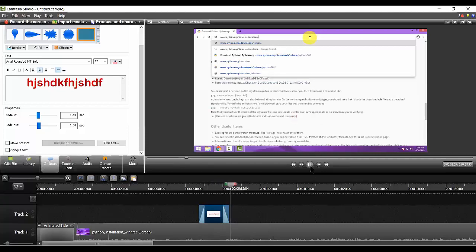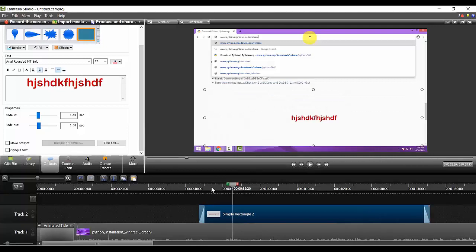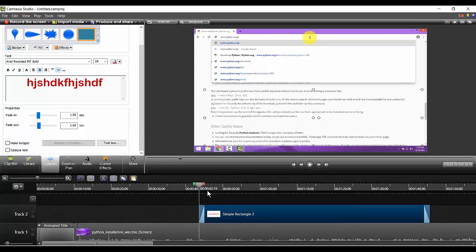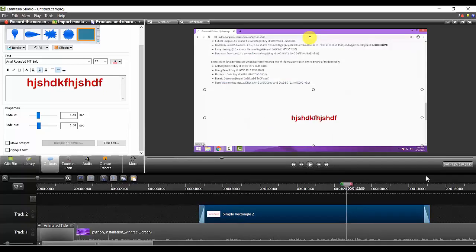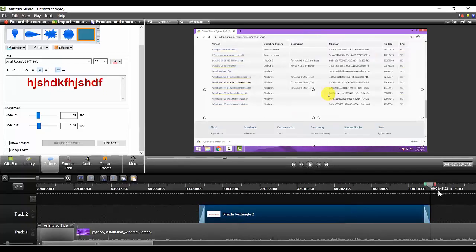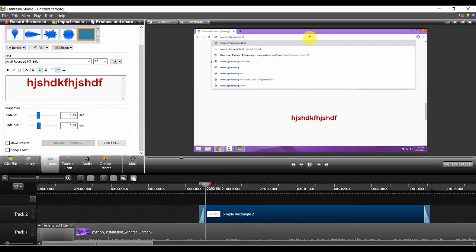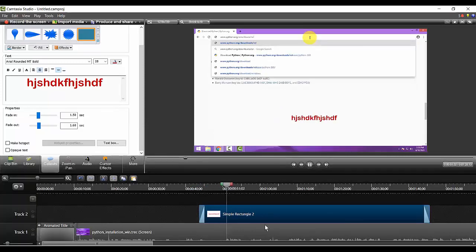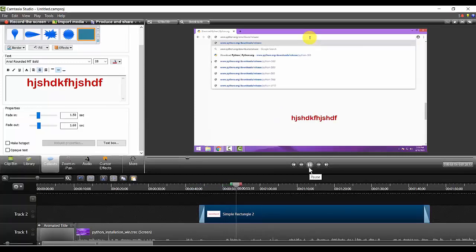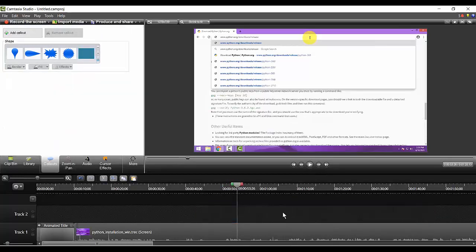There is one more thing I wanted to tell you. How long do I want this text to be displayed in this particular location? I can drag it. So from my time 0:43 to 1:43, during this period only this text will be there. As long as my cursor doesn't cross this particular time, it will be visible till then. So this is how you can do any kind of thing here, any kind of text or anything you want to write.